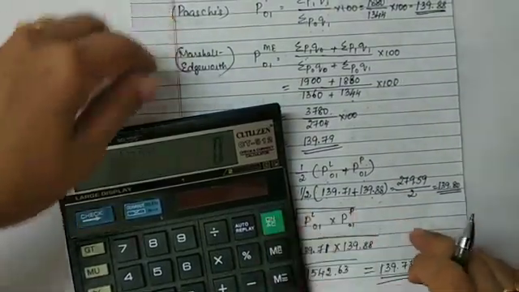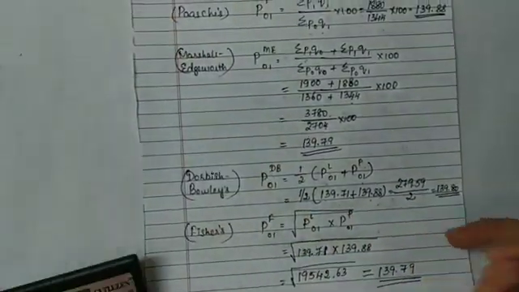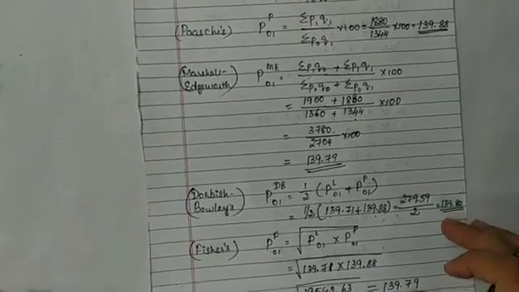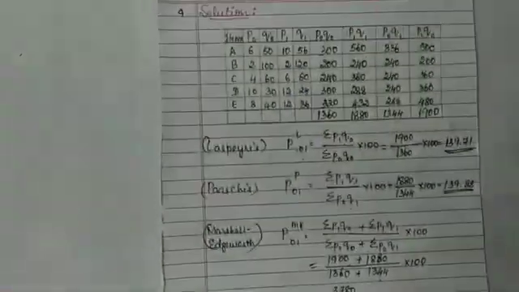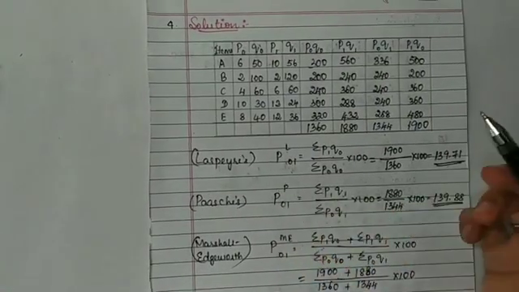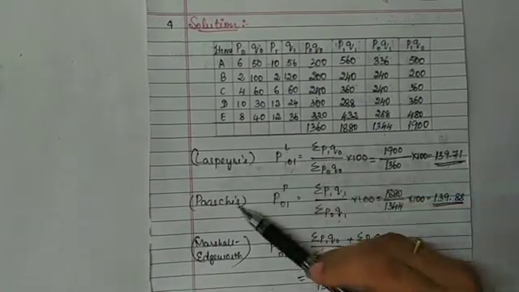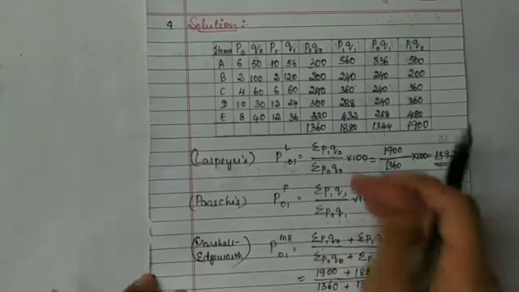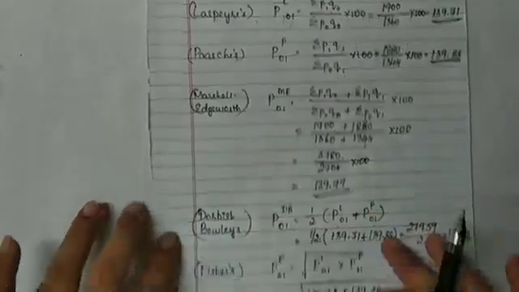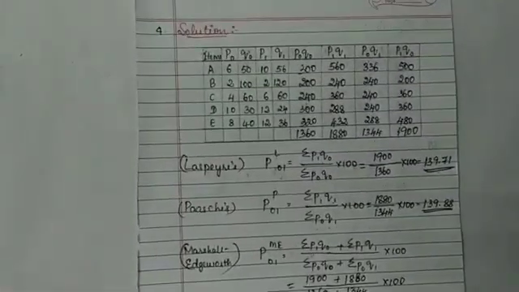We are done with the calculation of all the weighted aggregative index numbers. So it is very simple. In this weighted aggregative index number, first you have to calculate Laspeyres and Paasche. Later on, based on the same information, you calculate the remaining. Okay, I hope you understood this problem. Let us go for the next problem.